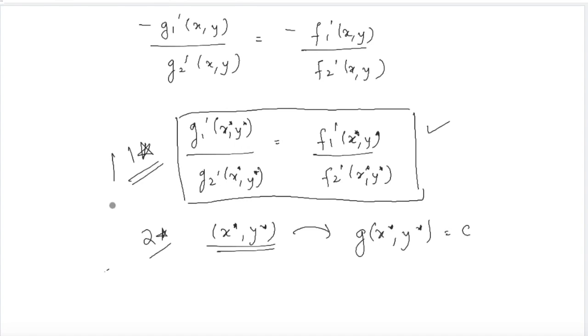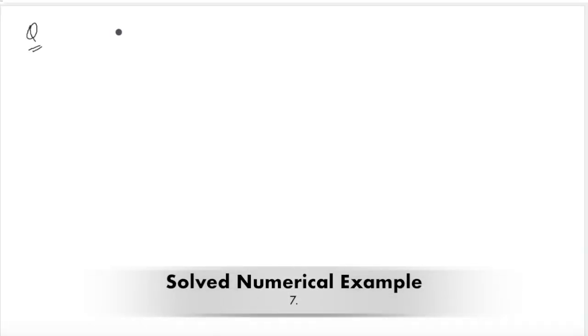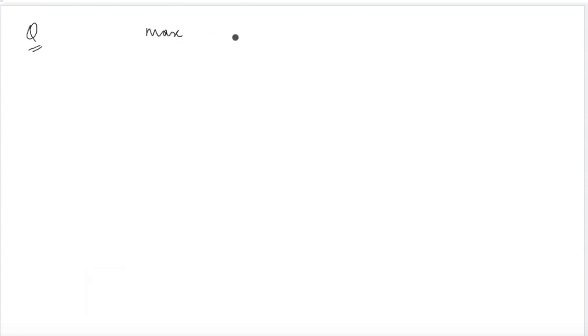When you combine these two conditions, you can find the answer for a given constrained optimization problem. So these two conditions need to be satisfied to find the solution. Let's quickly look at a question of a constrained optimization problem and how we can apply these conditions. Say you want to maximize the function xy subject to the equality constraint 2x plus y is equal to m. Now consider this as a utility function xy. X and y are the two commodities, and here you can understand this as a budget equation.